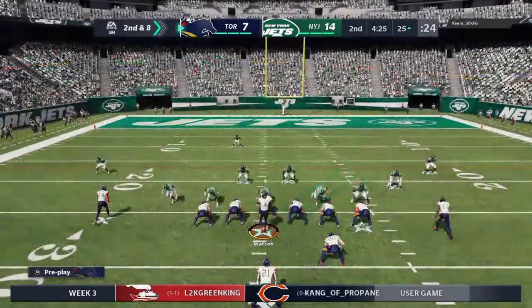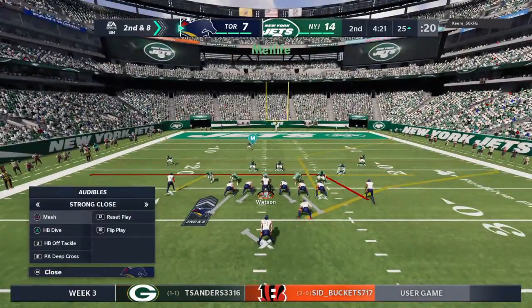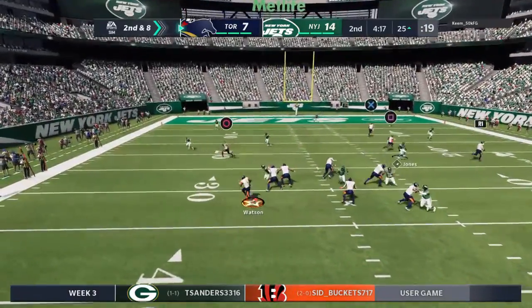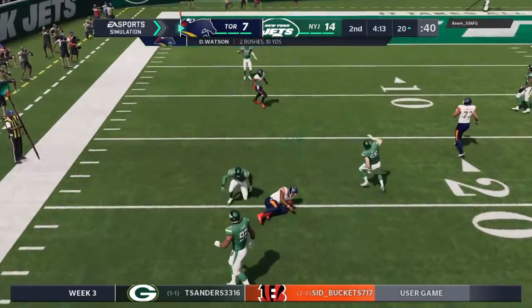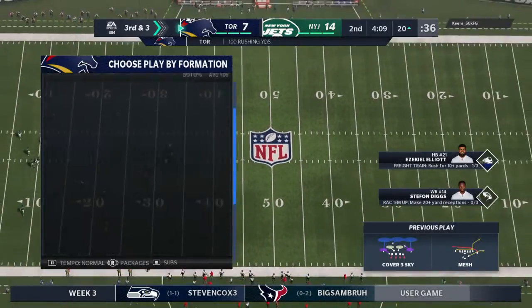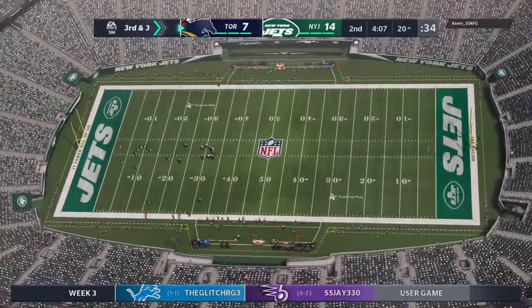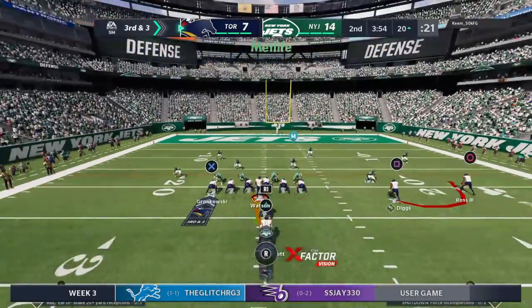Well, any lane that might have been open there was closed pretty quickly, and that was because the defensive front, they won that battle at the point of attack at the line of scrimmage. They used great leverage, held their spot, and stacked him up. They get him to the ground right on the cusp of the red zone after a pickup of 5 or 6. He'll end up getting 5 out of that, but now they're looking at 3rd down. And it's 7th play of the drive now as they come up on a 3rd and